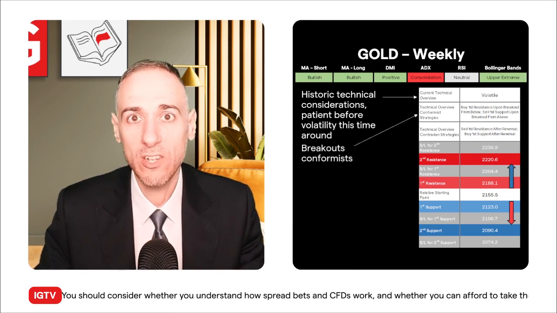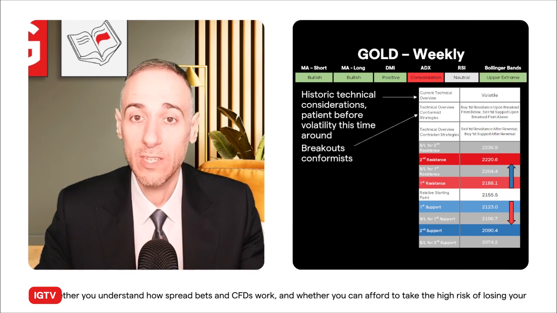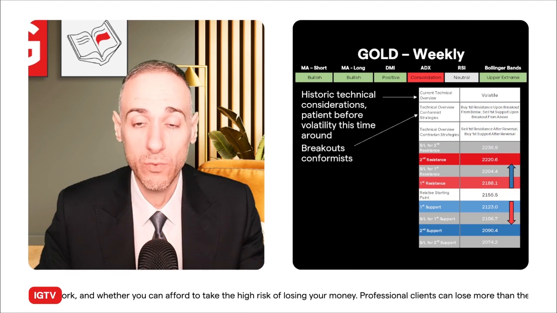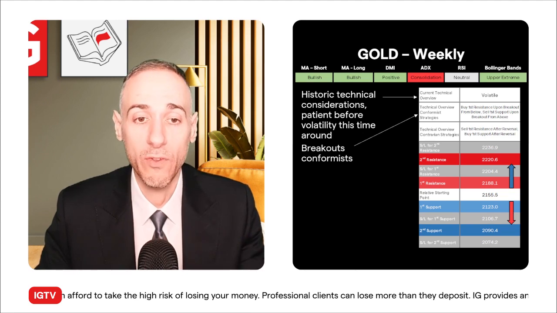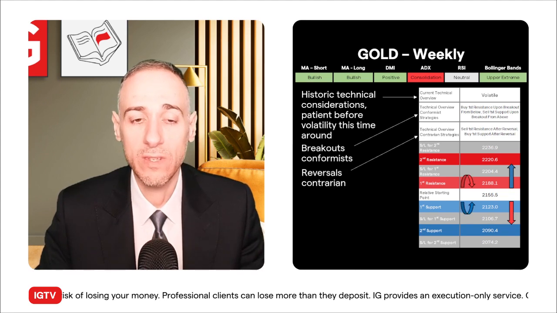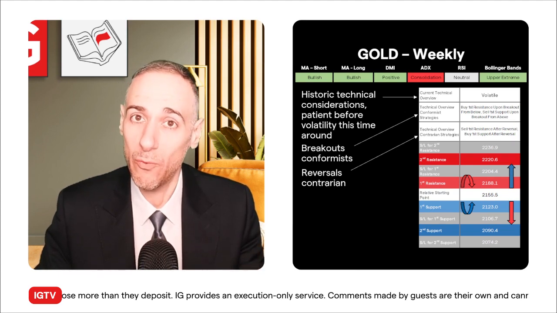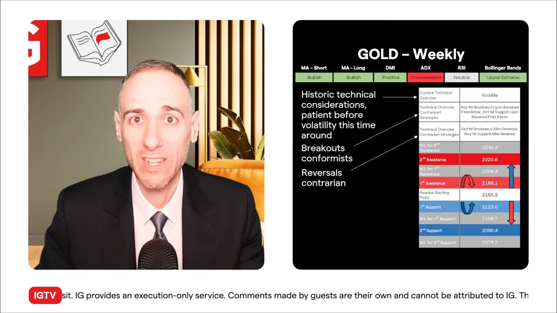But for conformist strategies under a volatile overview, you're essentially anticipating that the levels won't hold. And that means you're going for breakout strategies, whether buy breakout off the first resistance or sell breakout off the first support. And contrarians are going to be reversals. That's selling the first resistance after reversal. You don't want to fade the move otherwise. Especially with an uptick in volatility, you're going to get stopped out very quickly.